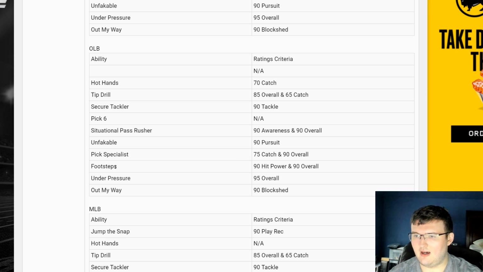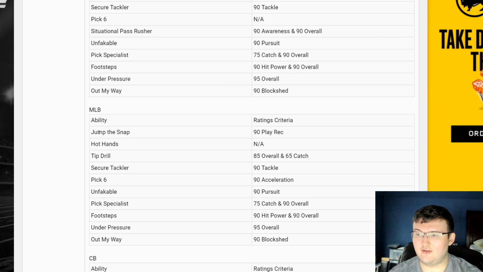Footsteps is 90 hit power plus 90 overall. Under pressure is 95 overall. Overall, you had to get a 95 overall player to get under pressure. And finally, out of my way is 90 block shed. Next one we have here is going to be